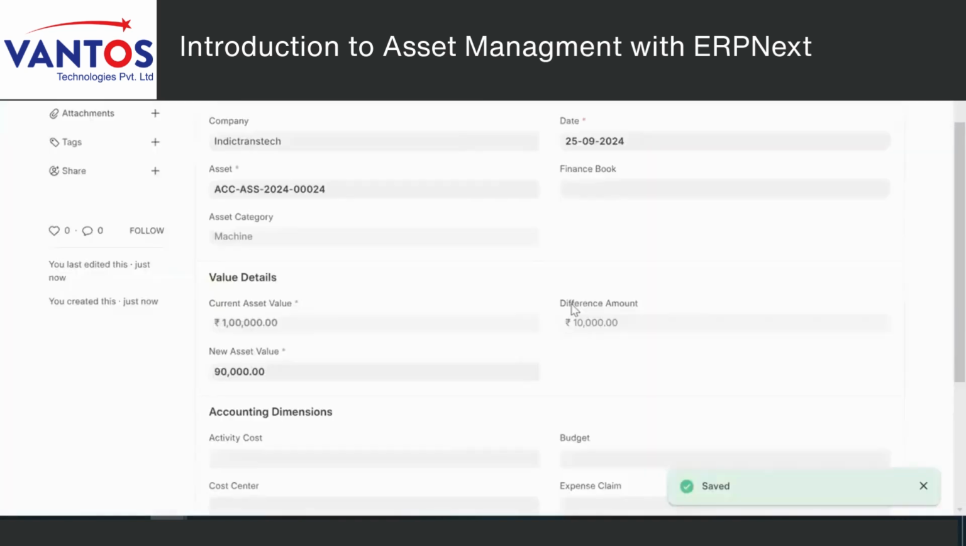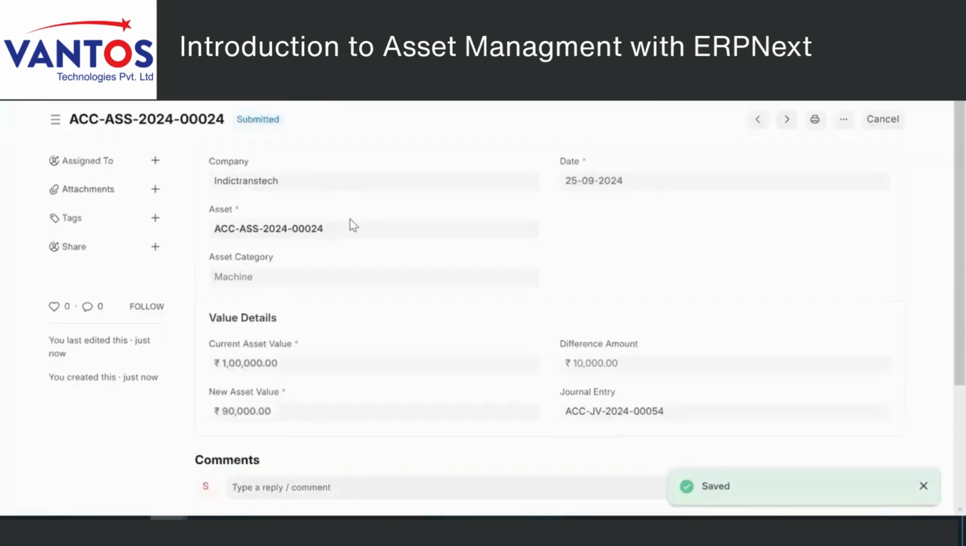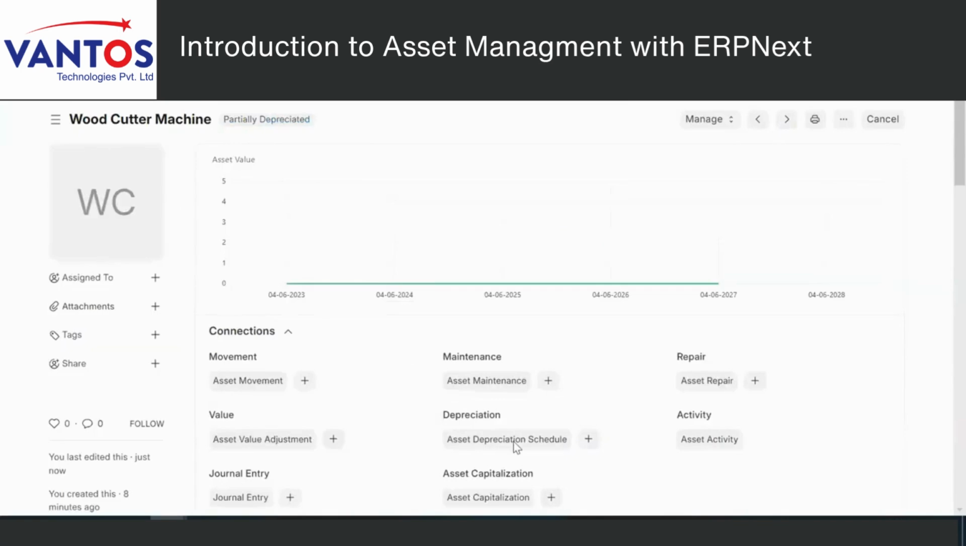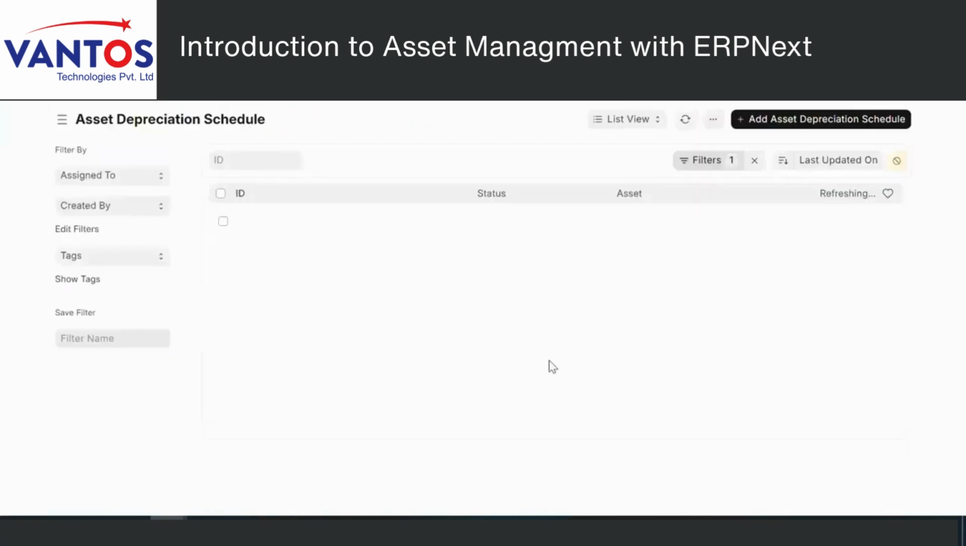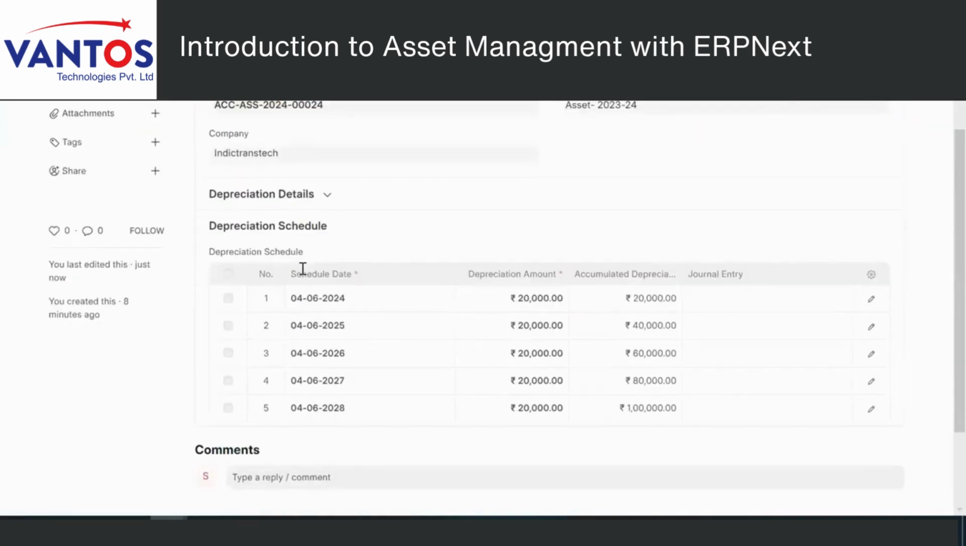we can see the difference amount is automatically fetched over here. The difference amount is 10,000. Let's submit this. Once I have made these changes, it will impact our depreciation. Let's see how. Earlier, at the creation of an item, we had given our asset value